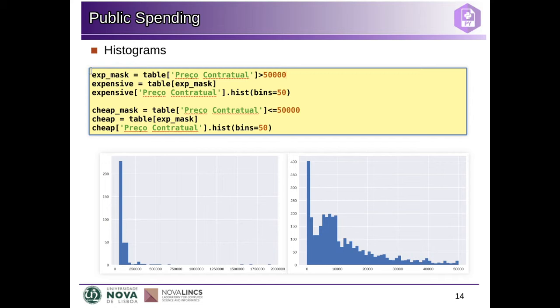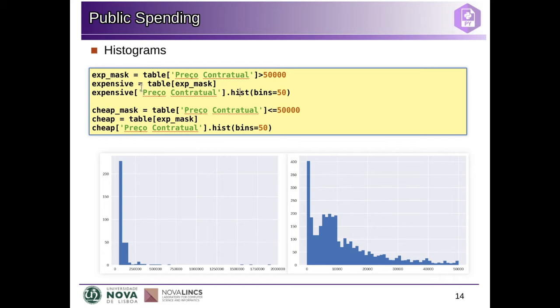So I do this in 2 steps. I create a mask which has the Boolean values with the true value for all the contracts that are more expensive than 50,000, and then I select from the table these rows,